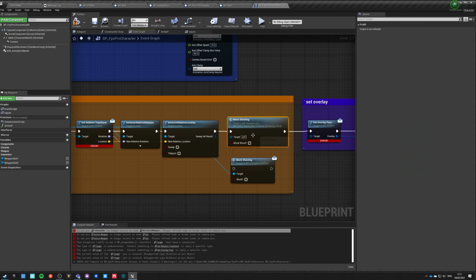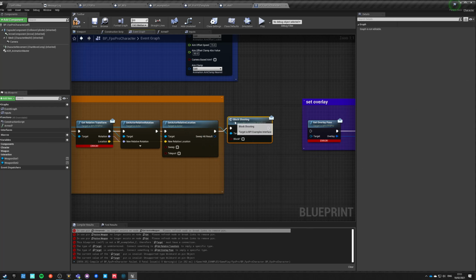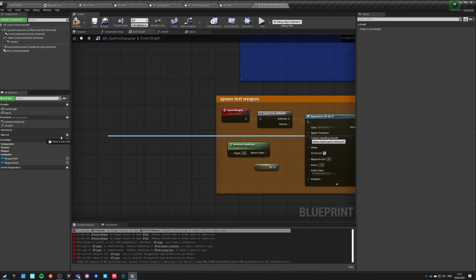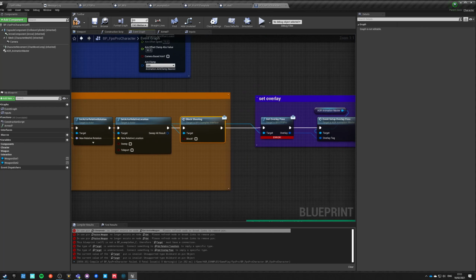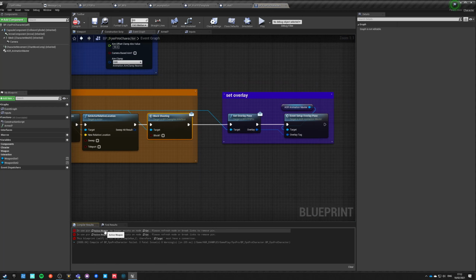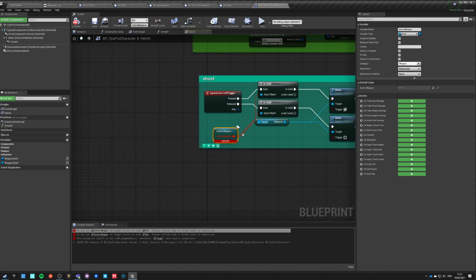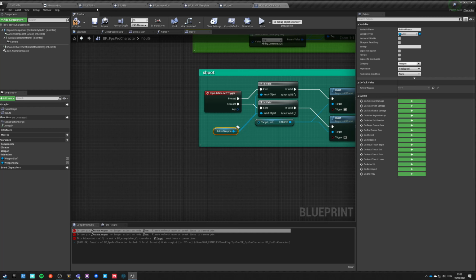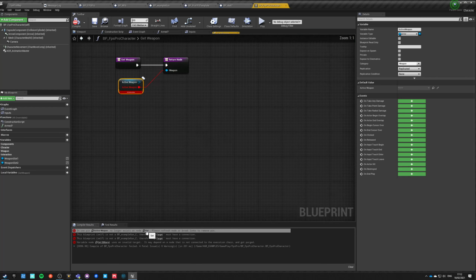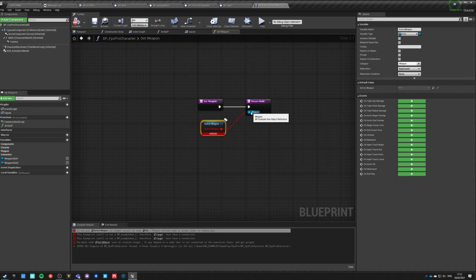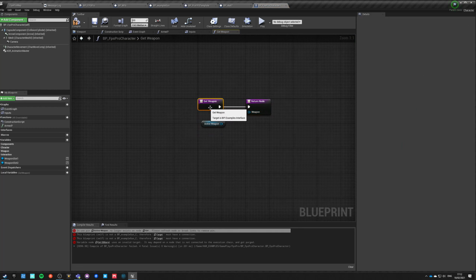Block shooting. Message this time. Is valid, is valid. Oh, get weapon. So this is